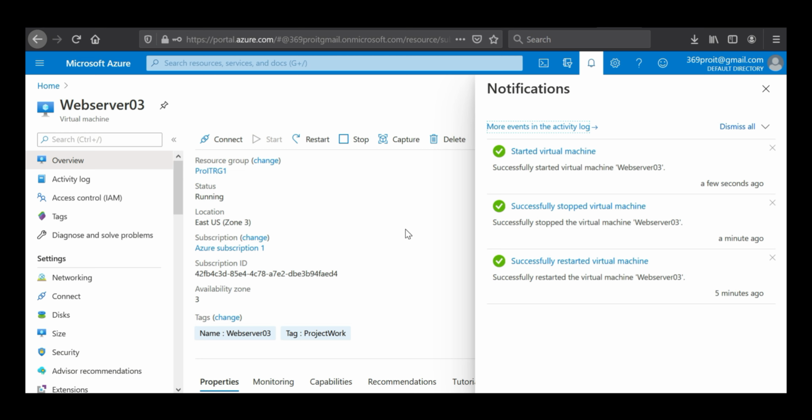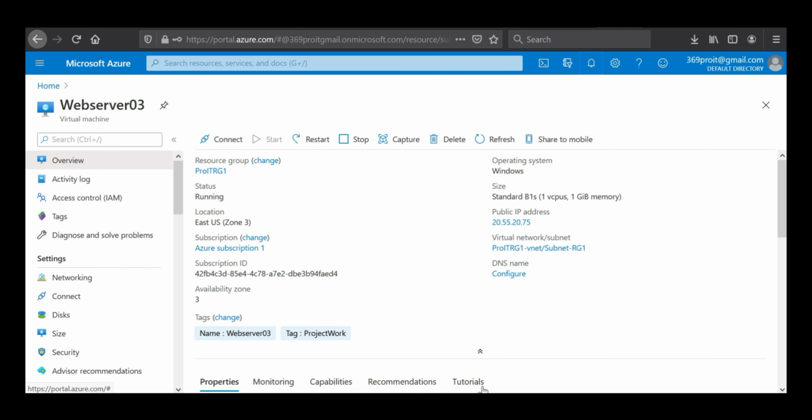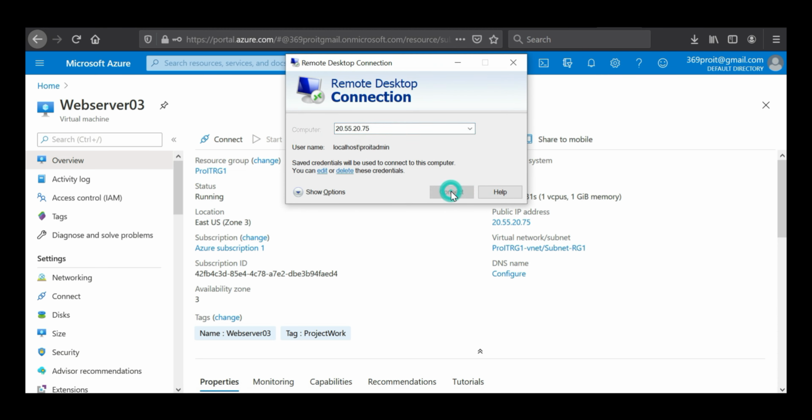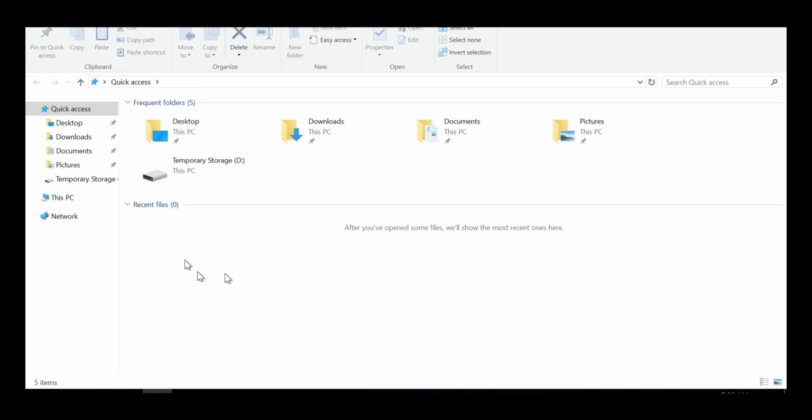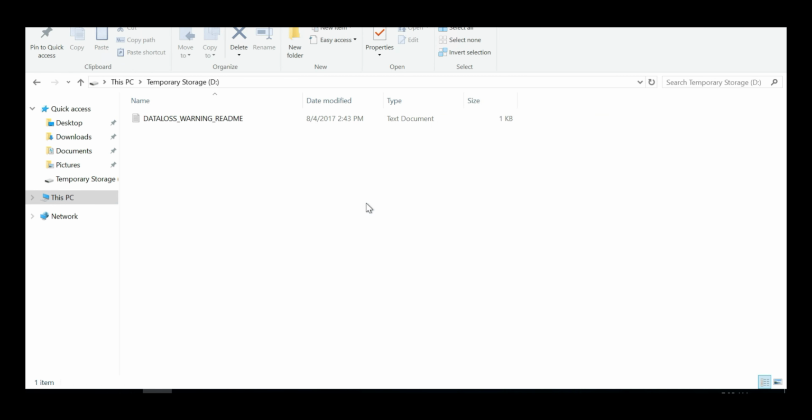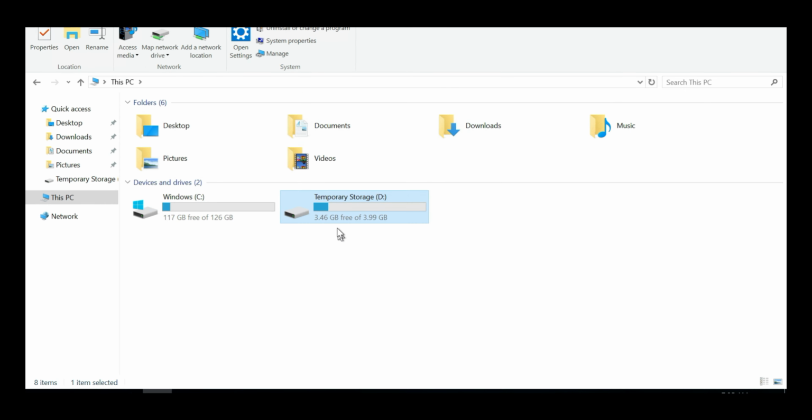Let's connect to that virtual machine. I'll close this window. I'll do RDP. The server is up. Let's check the folder and see if we have the file there. I go to This PC and then I click on the D drive, and yes, we have lost that file. So hence proved that if we reboot the server, the file will be there in the temporary drive, but